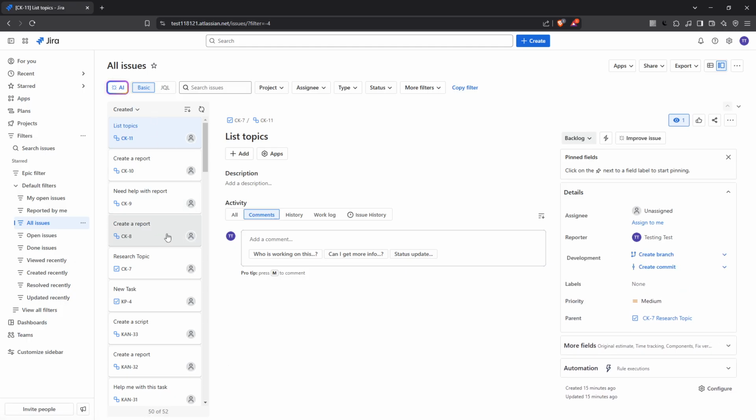In the All Issues view, you should notice a basic selection situated next to JQL. JQL stands for Jira Query Language, which might sound technical, but don't worry, we're sticking to the basic to keep things simple and user-friendly. By clicking on Basic, you can filter and customize your view without diving deep into advanced